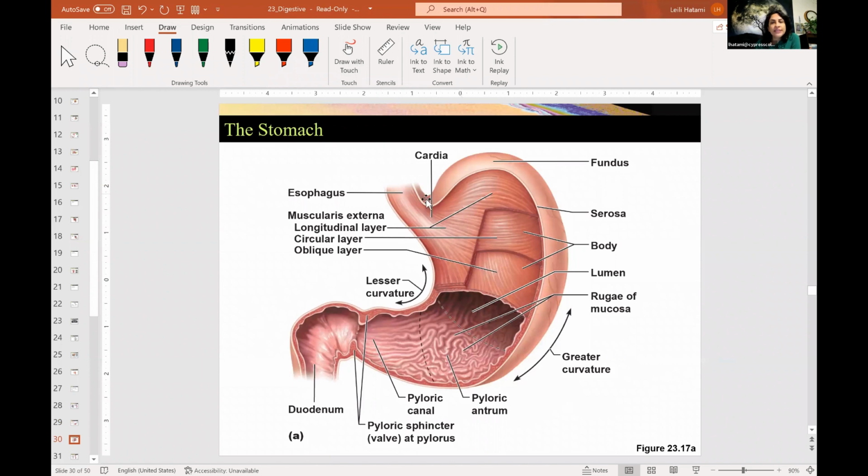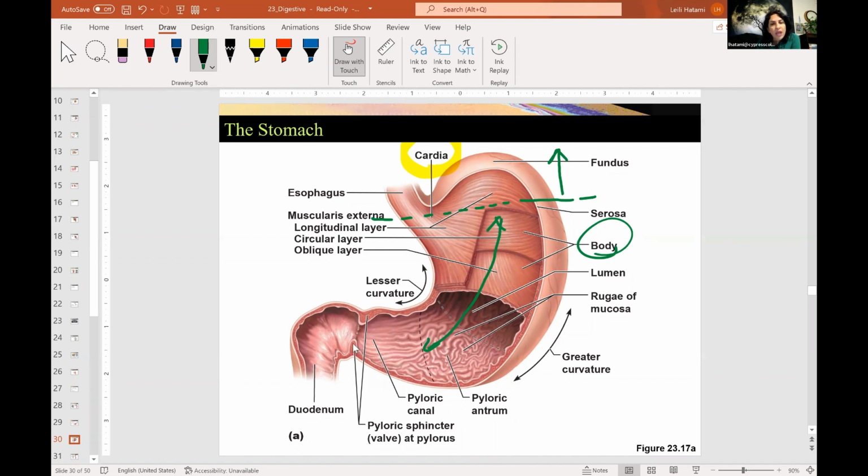So here you can see the structure of the stomach. We can divide it into the cardia. Cardia is the part where the esophagus is attached to the stomach. If you draw an imaginary line passing through the cardia, above this line is going to be the fundus, where the gas is going to be collected. Most of the stomach is going to be the body of the stomach, and the ending part is called the pyloric